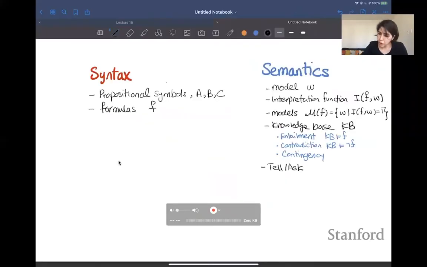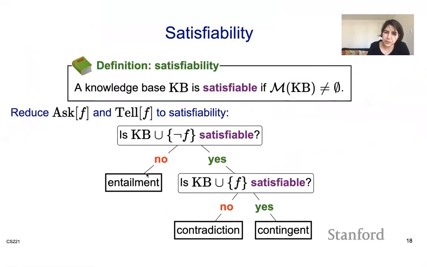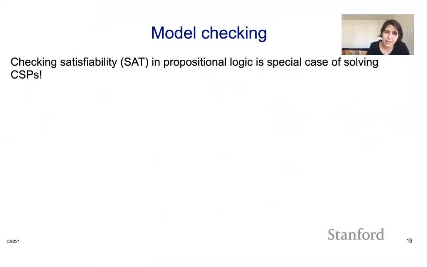Okay? So going back here, we talked about ask and tell. We talked about how it relates to entailment, contradiction, and contingency. And now we have talked about satisfiability as a way of answering which scenario we are in. Okay, and how do we answer satisfiability? That's a good question to ask. So what is